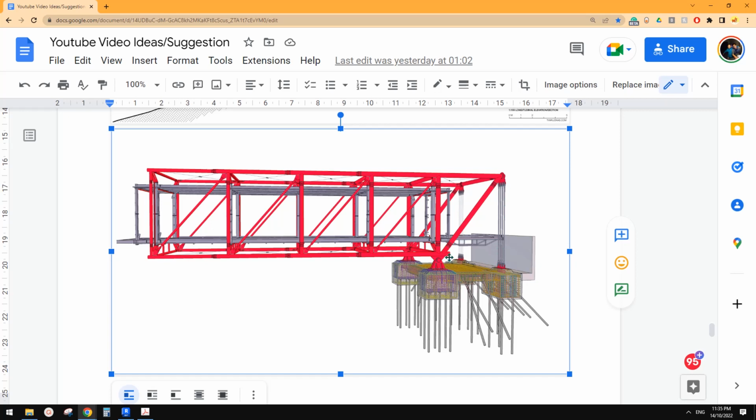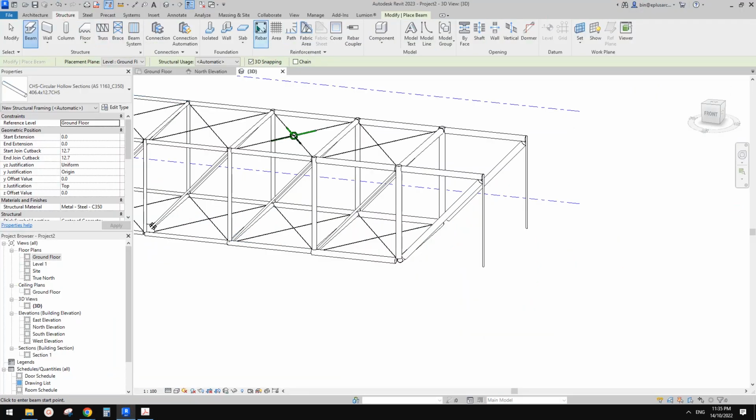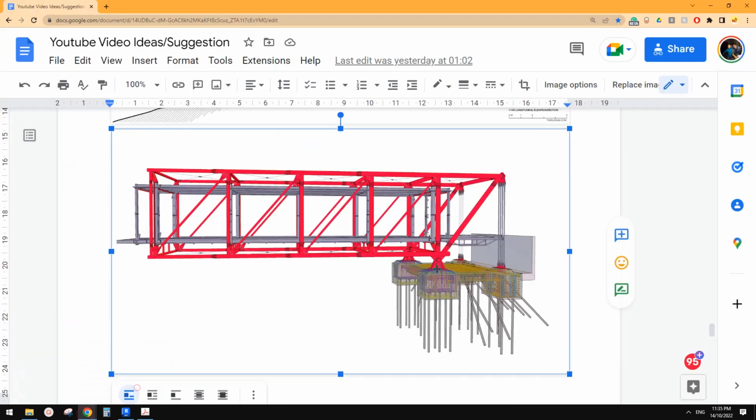So if you really need to model them, and you don't know how to use structural elements, you can always use model in place. Okay, so also all these footings, all these rebars must be somewhere in here. And that's all I know about this,